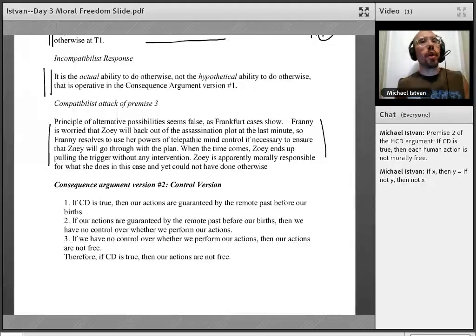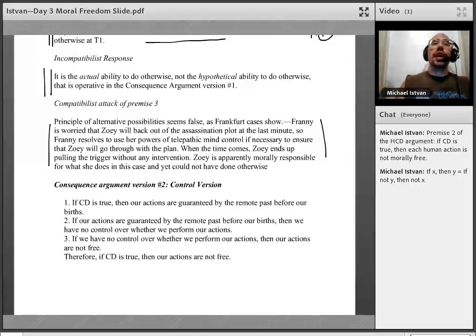So imagine from the time of your birth, there's this God version of Franny, ready to intervene anytime you're going to make a move that it doesn't want you to make. But even though it's always ready to intervene, let's assume it never does, because you always, by coincidence, happen to make the right moves. Since you're always doing what you want to do, at least when you get old enough to have wants, it seems like what you ultimately end up doing, you're doing freely, even though you never had alternative possibilities. So you see how the debate could go.